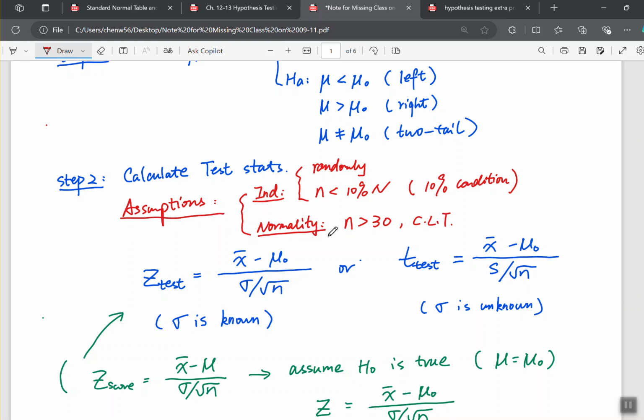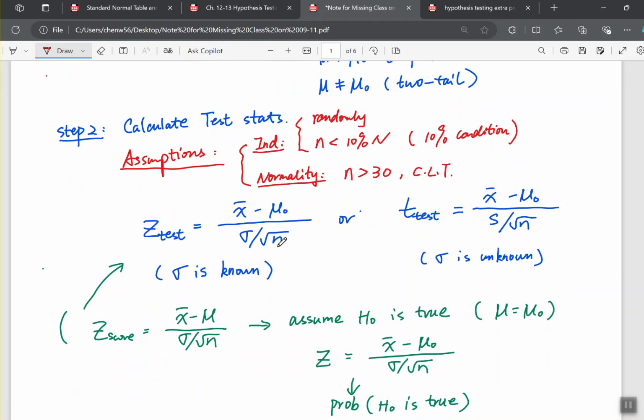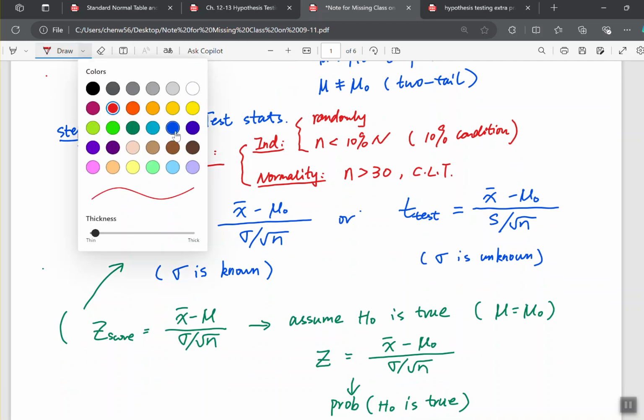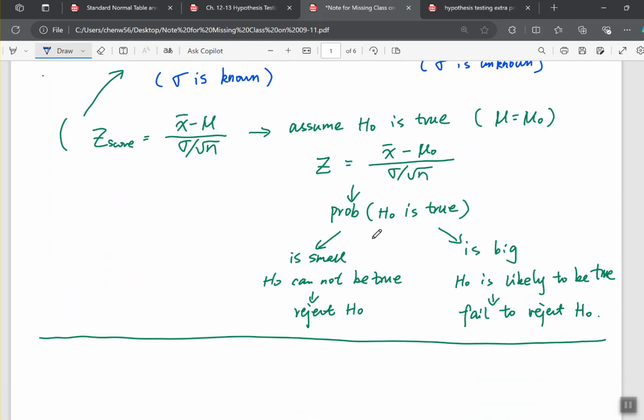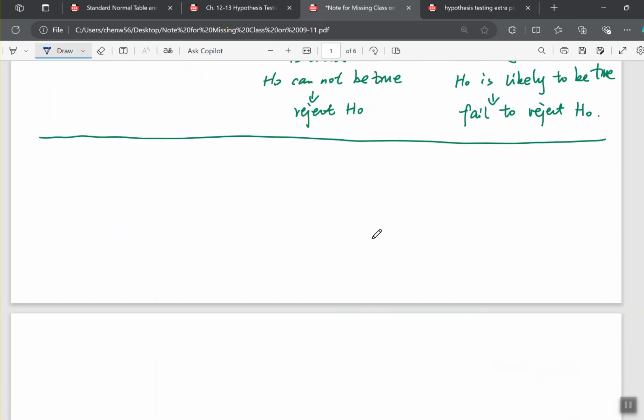All right, okay, so after this step, for step 2, we just calculate, right? We just want to calculate a score or a value. Here, this value is called the test statistic. It can be t, it can be z. And then the next step, we want to continue